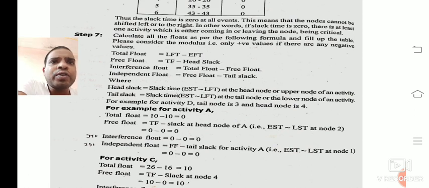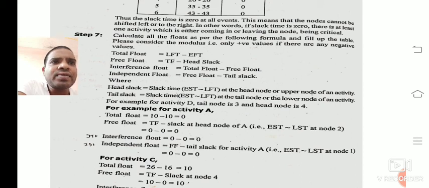How are we going to find the free float? Free float is total float, which is 0, minus the slack at the head node of activity A. How do we calculate slack at the head node? That is EST minus LST at node 2, which gives 0.